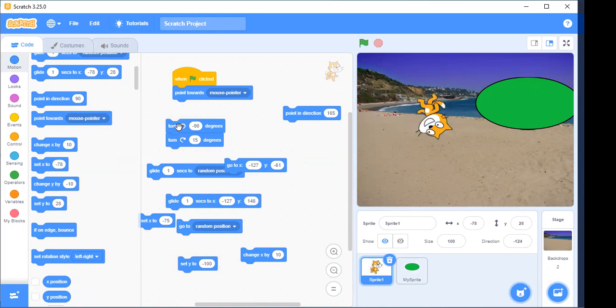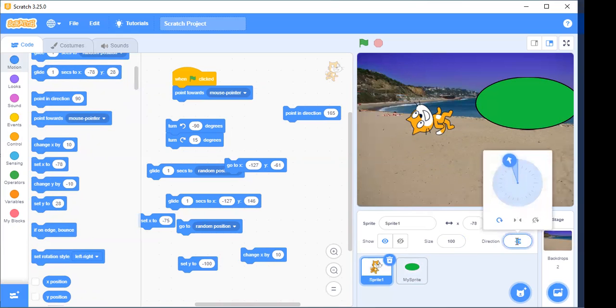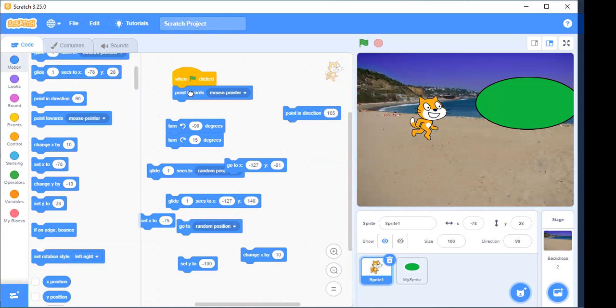I want it to, let me just keep it standing in direction 90. Good. I want to make it stand upright. All right, so let me just say I